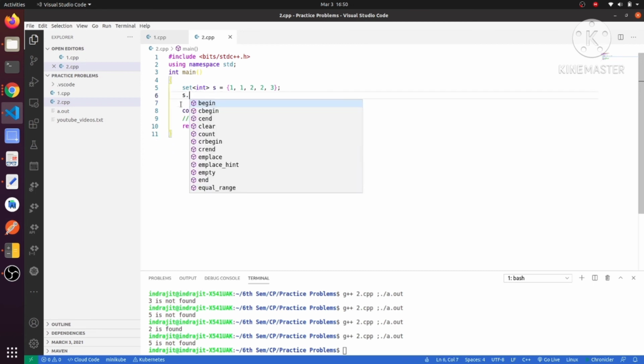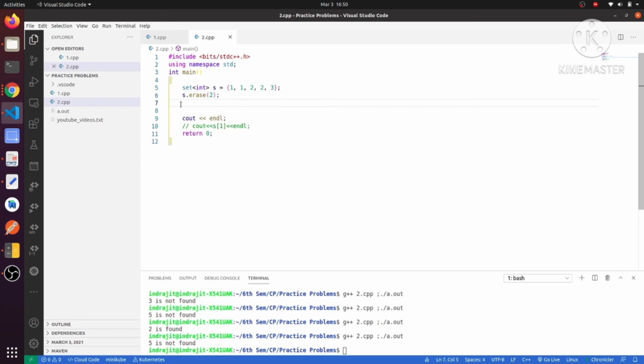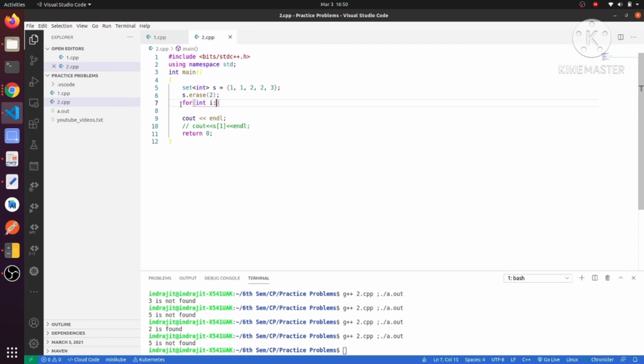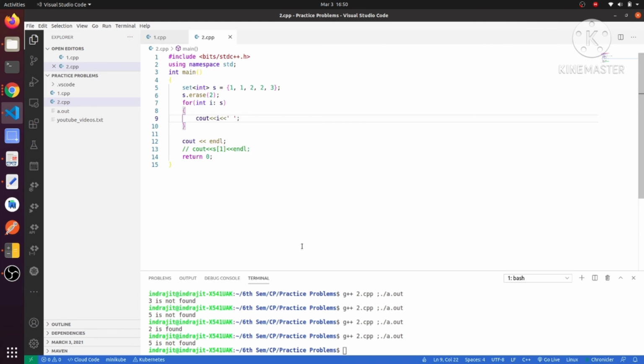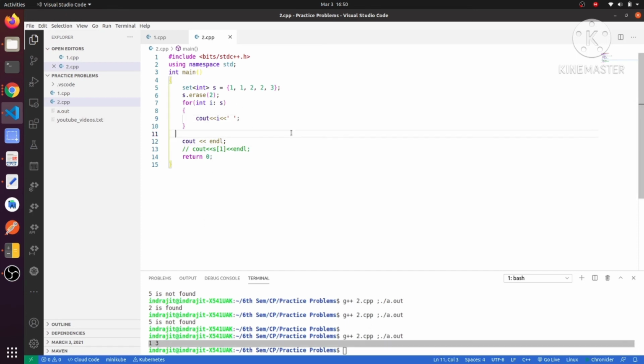I will do this erase, I will just print this erase 2, and then I will print the set. You can see that 2 is not printed now, it is 1 and 3 only.